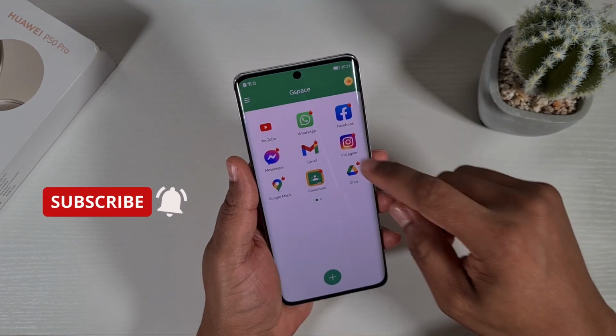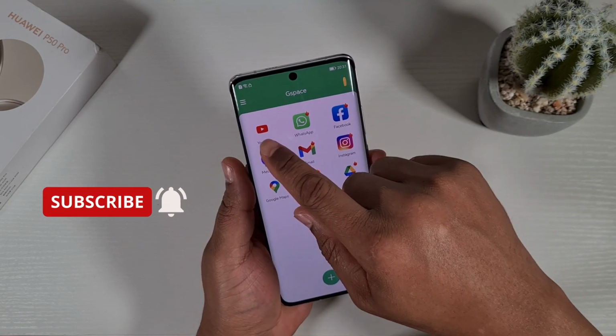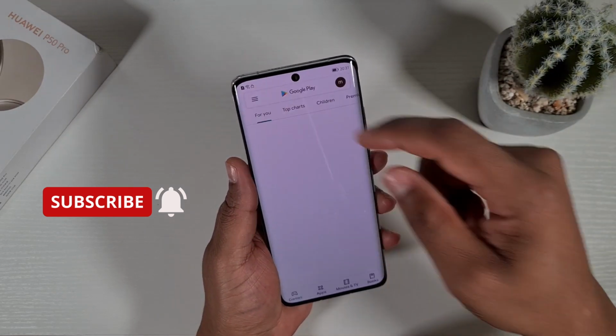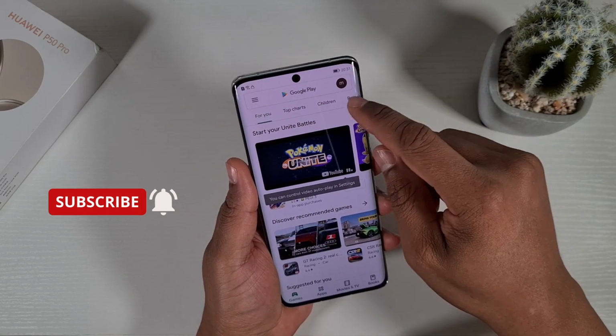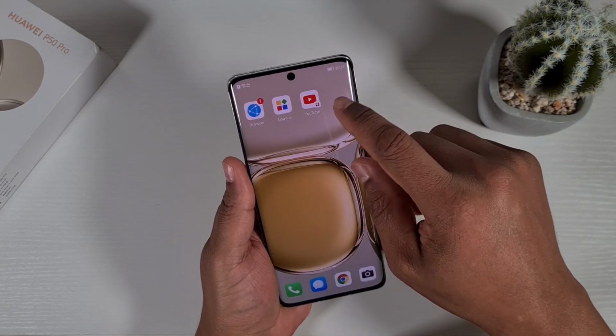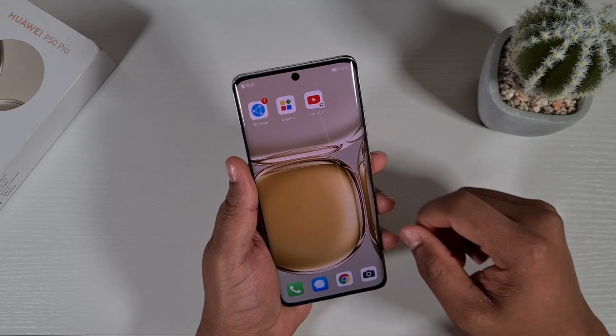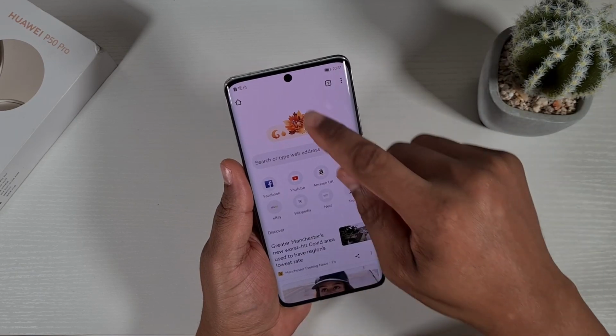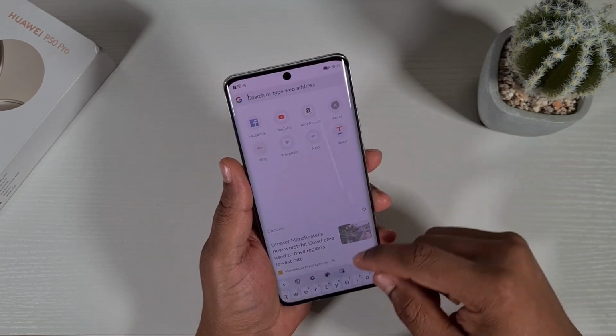At the moment, to access the Play Store, you can just tap and hold, then upgrade, and then it will take you to the App Store, and that way you can search for any app on there and install it. The next thing I'm going to show you is how to create a Play Store shortcut. So I'm going to open the browser and go to